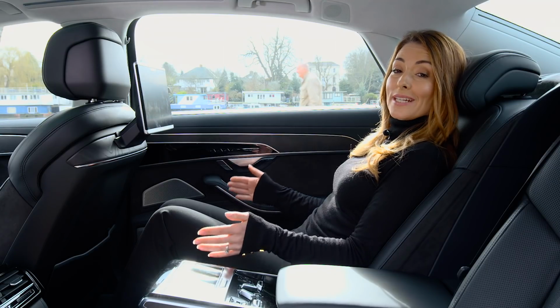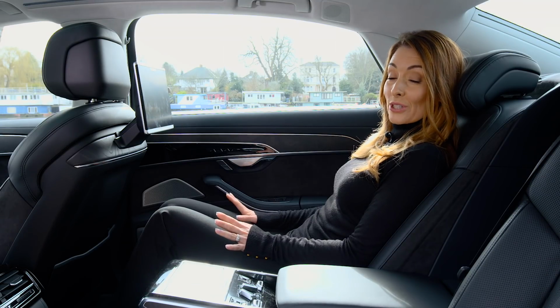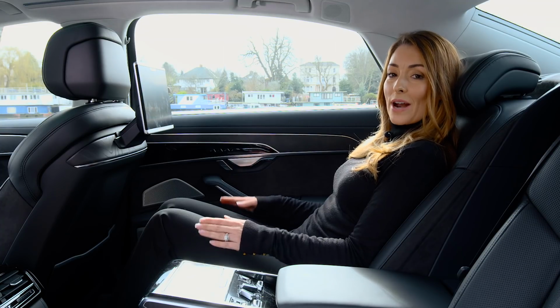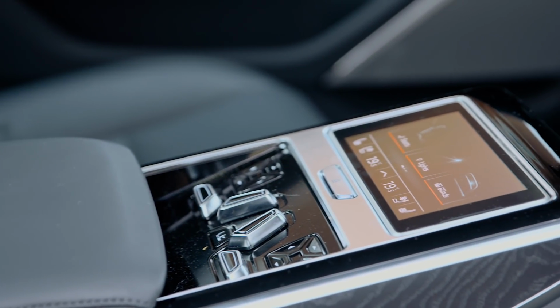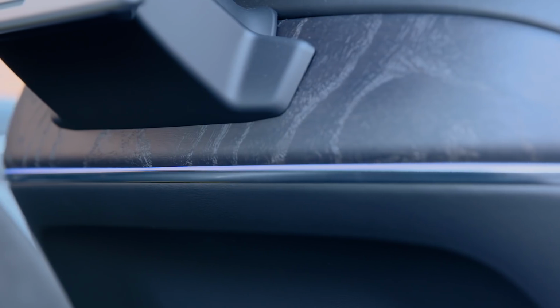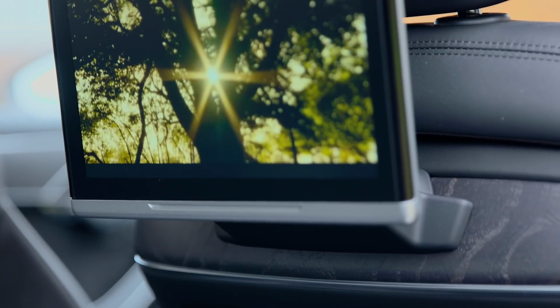In the back, as you'd expect, are limousine levels of comfort. In this version, there's upwards of £30,000 worth of optional extras, including these electric heated seats that also offer a whole range of massage functions too. Then there's the phone-sized touchscreen monitor in the armrest, which can be removed and that controls everything from mood lighting to media control, the blinds, virtually everything. Plus, you can watch digital TV and even keep tabs on the driver on the screen on the back of